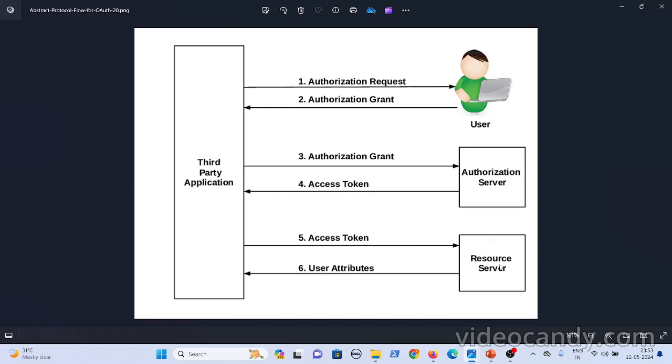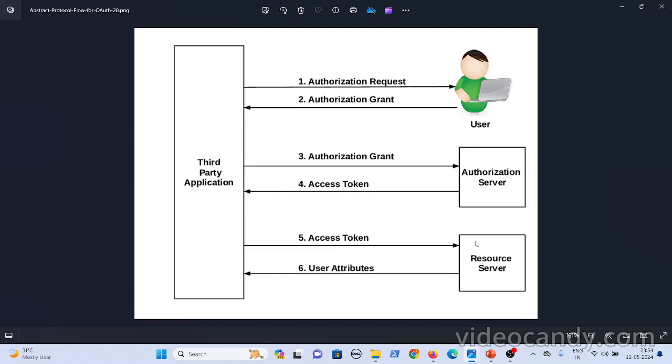What the resource server basically does here is check the access token. Access tokens are also of multiple kinds. A few can be self-encoded access tokens and a few are not self-encoded. When I say self-encoded, the access token itself has the information: the client ID, the client secret, how long the access token is valid, and what permissions the access token has. If all that information is encoded in the token, you call that self-encoded, because the token itself has the information.